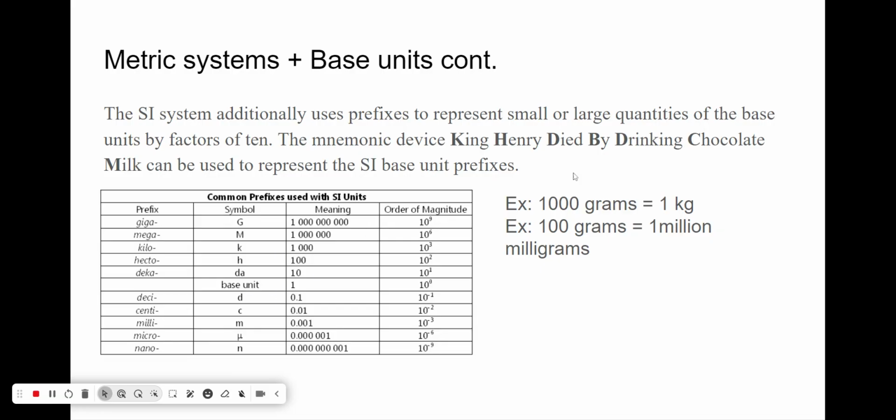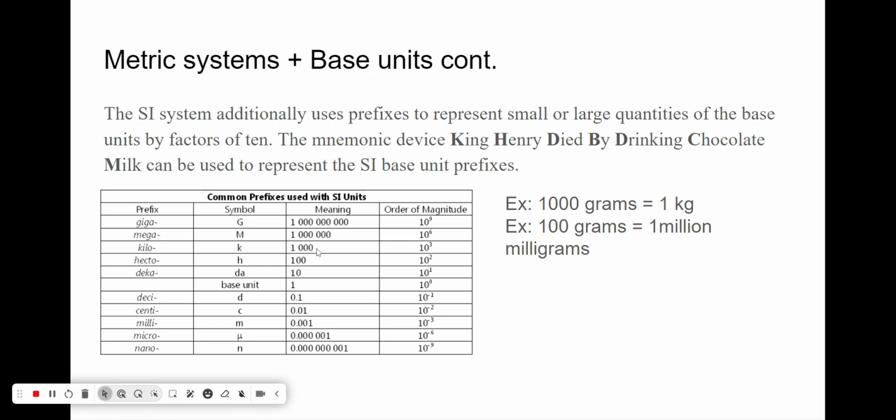And from the base unit point, if you go up, or it would be left in the word here, you times the base unit by 10, because that means this base unit is 10 times as small as this prefix. So we have some examples on the side here. 1,000 grams is equal to 1 kilogram, as we see here. The base unit here is 1, and if we go up to kilograms,